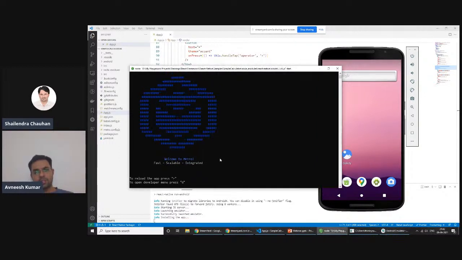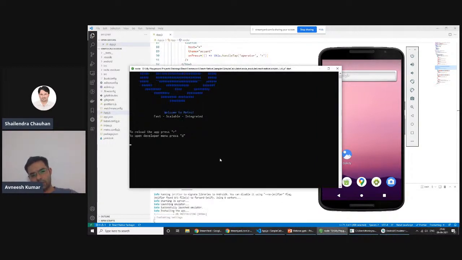This is the Metro tool that is used to bundle the application code into a single unit.